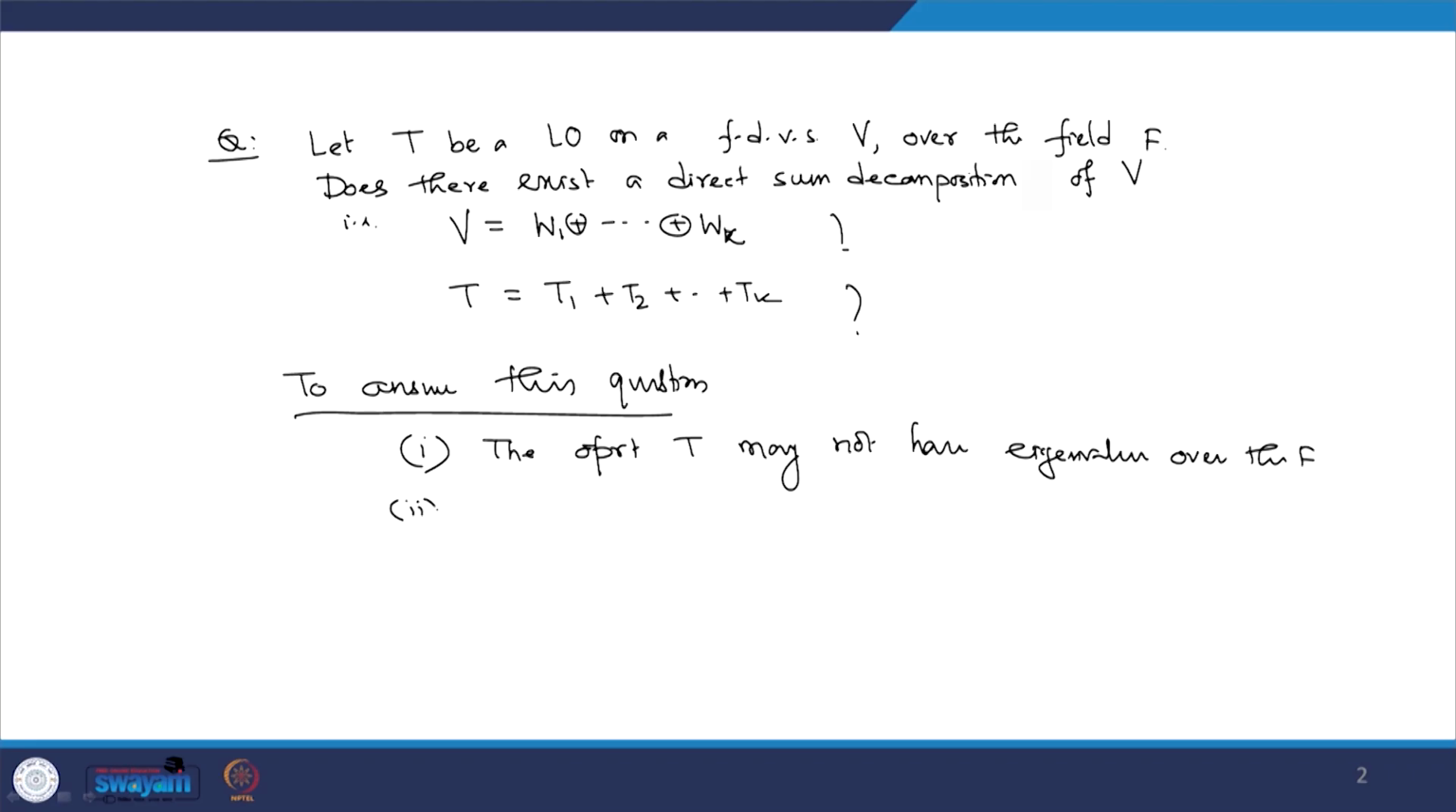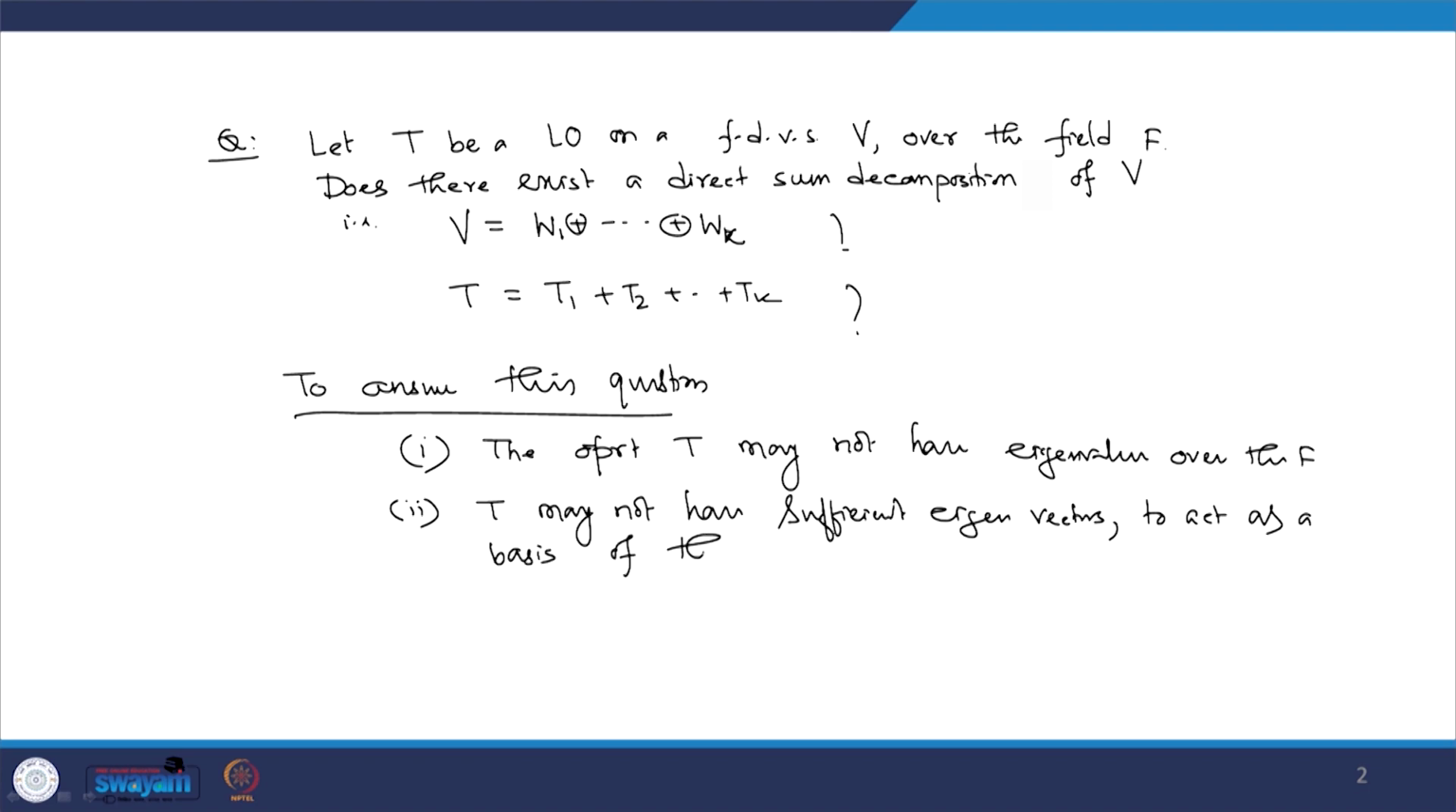However, the second problem is that T may not have sufficient eigenvectors to act as a basis of the space V. So, for example, if I consider, say, A equal to, let me consider a 3 by 3 matrix,